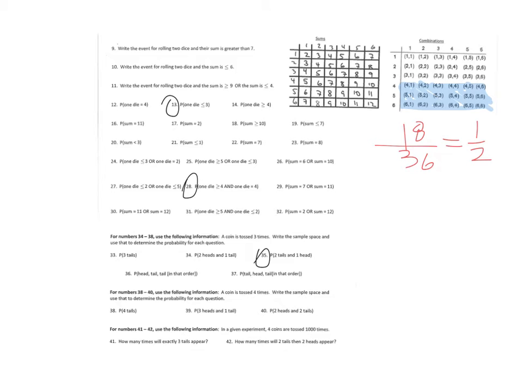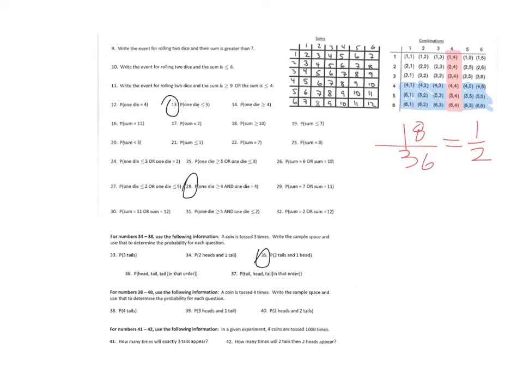And then we're looking at one die equaling exactly 4. So that means the other one. That's the assumption we're making when we're talking about both of them. And it says "and." When it says "and," that means it has to be both of them at the same time. So if I first just fill in this right here,